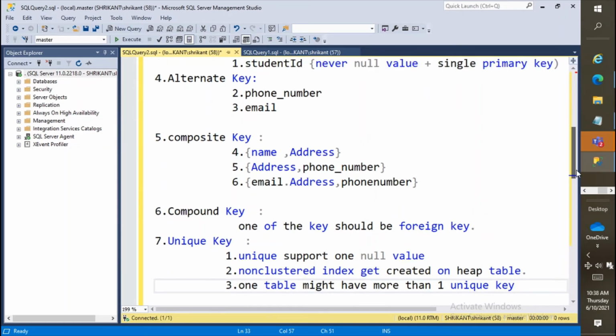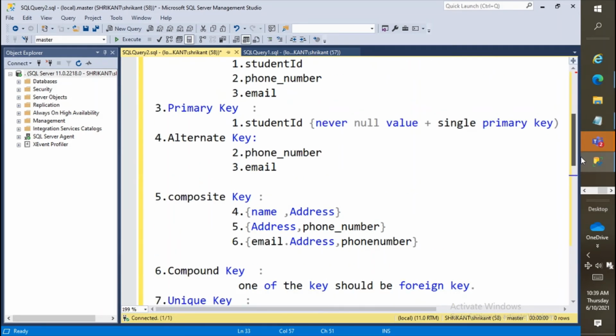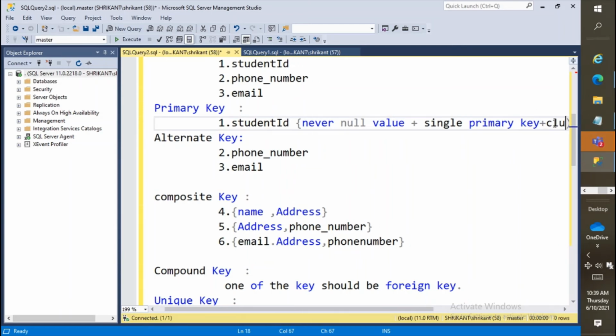But just try to understand, a unique key is a key which is used to represent uniqueness in a table. The difference between the unique key and the primary key is that more than one key could be a unique key, but there would be only a single primary key, right? And when we create a primary key, the clustered index gets automatically created.